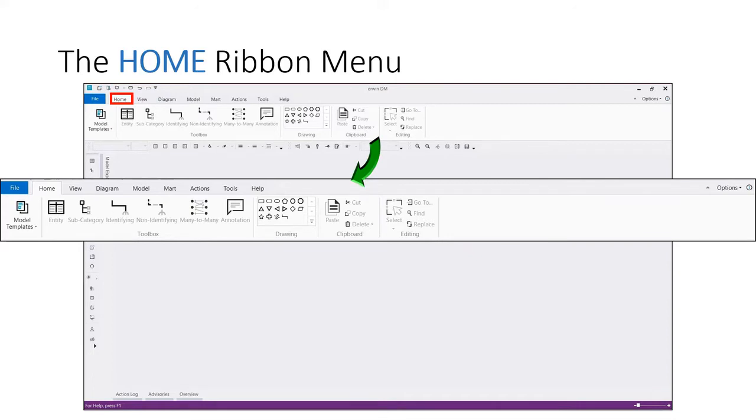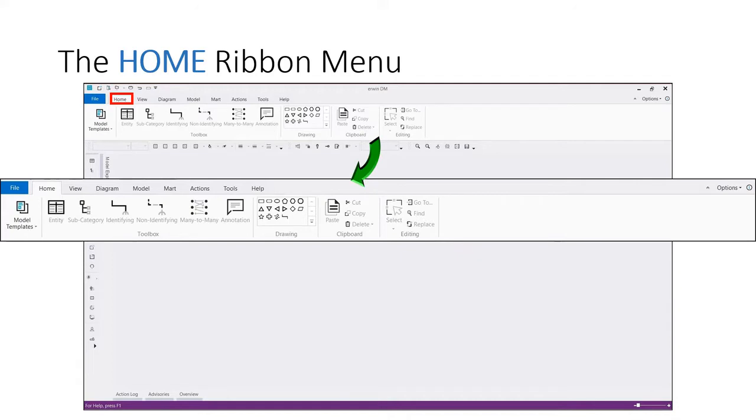This is comparable to clicking on a menu in our previous product released 2019 R1 and a pop-up dialog of submenu items appearing. This menu, the home menu, did not exist in previous products but has been added to improve the modeler effectiveness when creating or changing a model diagram.